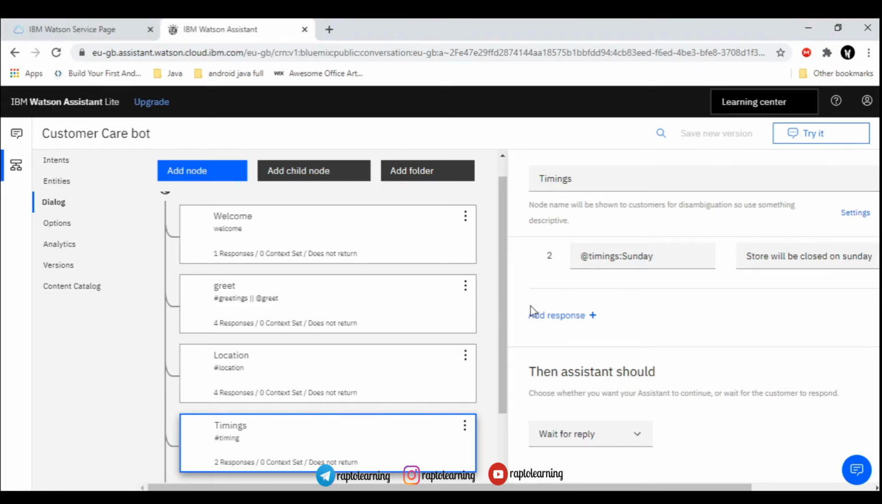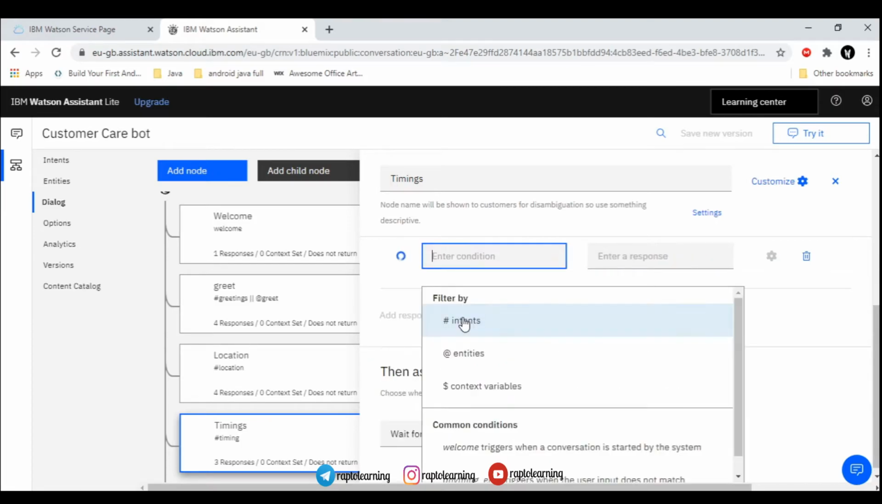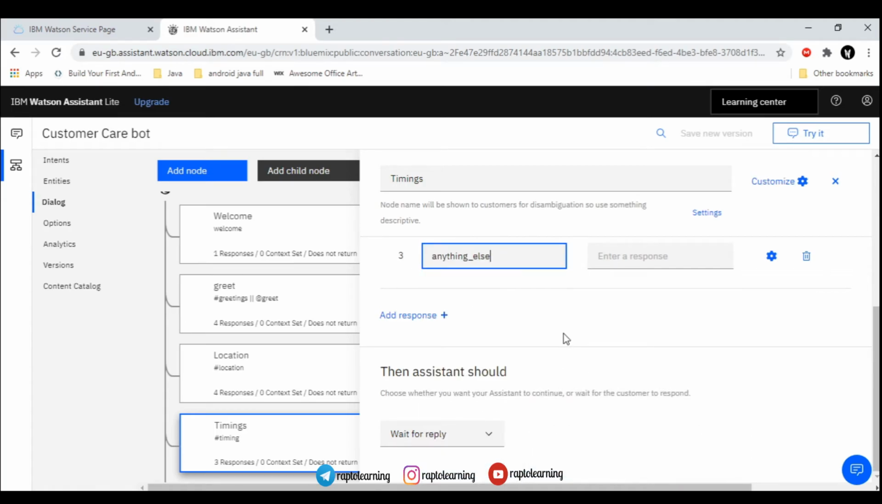So what will be your store timings if there is no Sunday or no Saturday? Then you have to mention a specific response for that also. So we'll just add one response for that. That is, we will go into "anything else". We have to enter the response here: store timings will mention the normal timings of the store. That means we will assume that the store will be operated from